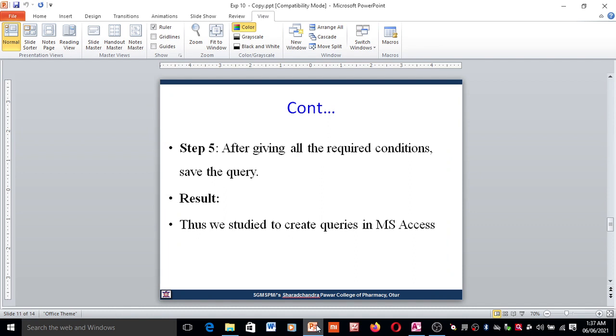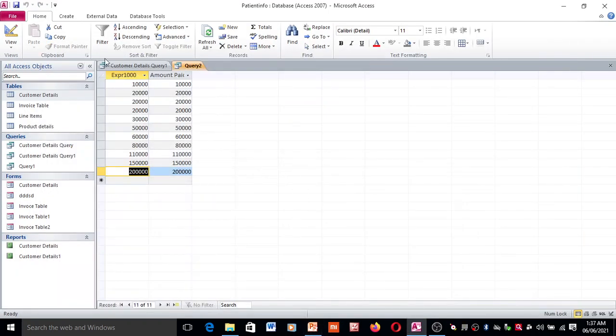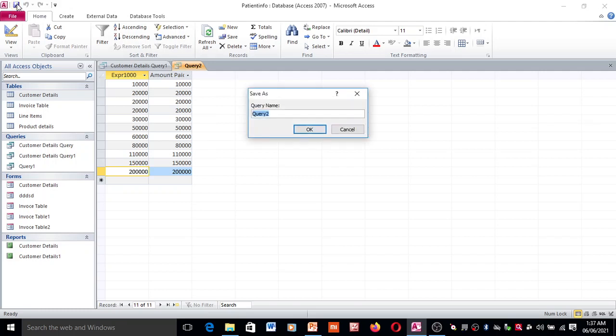And after giving all these required conditions, save the query. By clicking on save query you can give the name of that query.